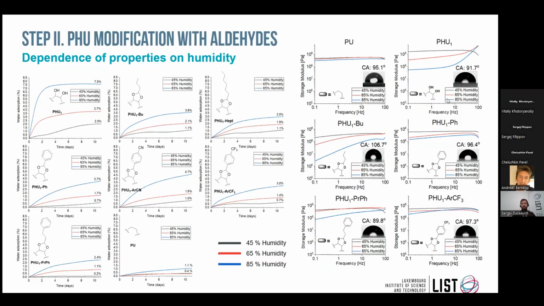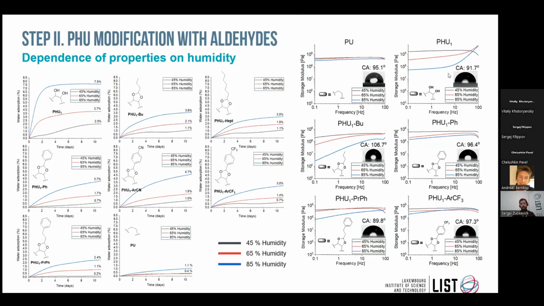So that allowed us to compare whether they are the same or different after exposure to different humidity environments. As can be seen, for polyurethanes there is basically no difference in the properties of the polymer after exposure to different humidities for 11 days. On the contrary, for the unmodified polyhydroxyurethane sample, we have huge differences, almost 2 orders of magnitude. That means that the sample becomes softer, it becomes plasticized, and does not retain its mechanical properties after exposure to